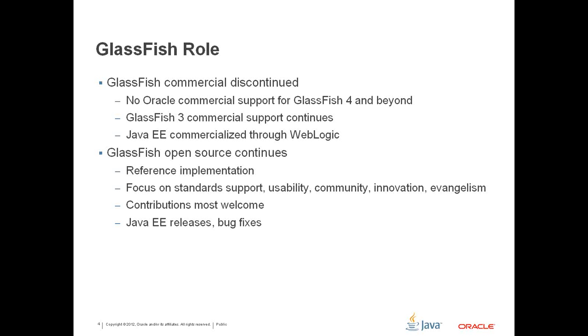The reality is, for most companies, just keeping one viable Java EE implementation is hard. Most smaller companies struggle to do even that. And you can only imagine, only Oracle would even consider continuing 2 different commercial application server lines for a period of time. But nonetheless, we did. But really, it's not a long-term viable solution in terms of resources and logistics. So we are just focusing on WebLogic as a commercial vehicle for monetizing Java EE going forward.